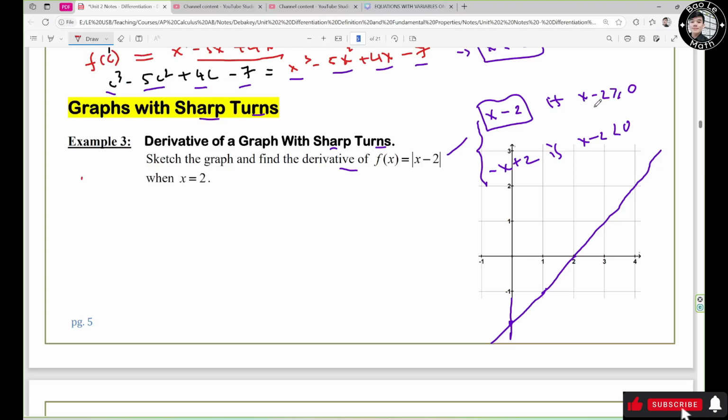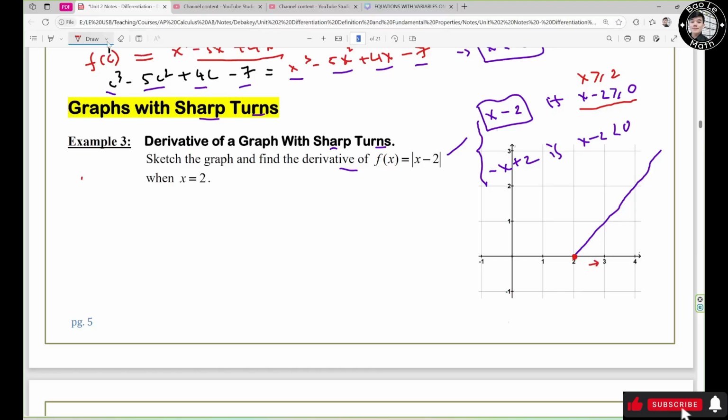Alright, so we look at the domain right here. S minus 2 greater than or equal to 0 is the same thing as s greater than or equal to 2, right? So anything less than 2, you need to eliminate, right? So you need to eliminate this guy right here because it's less than 2, right? It's from 2 all the way to the right, right?